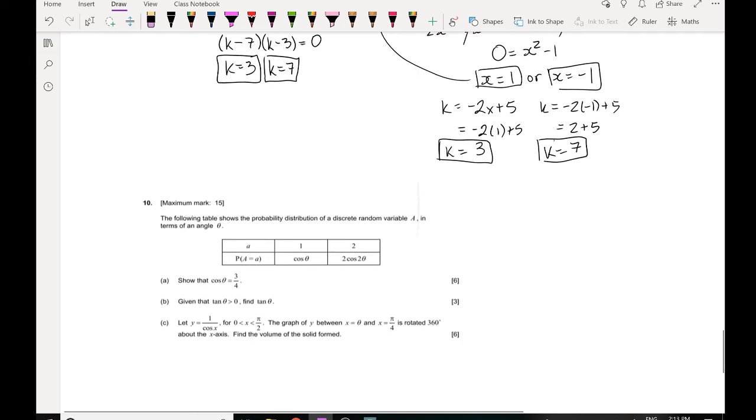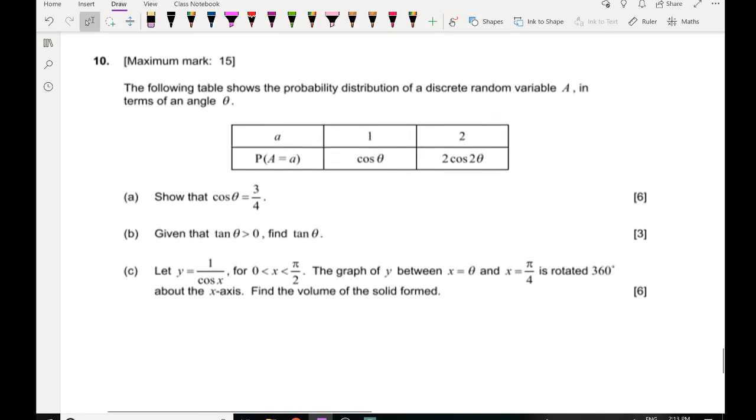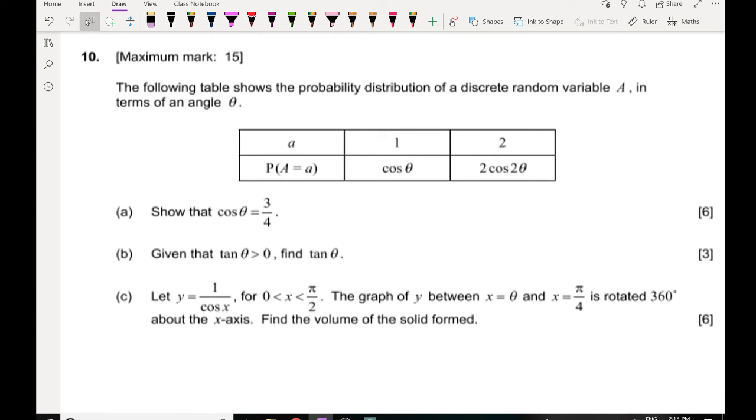All right, on to Cam's question. The question he said that gives his brother nightmares to this day. The question that had everything. Number 10 of May 2017, Time Zone 1, Paper 1. The following table shows the probability distribution of a discrete random variable A in terms of an angle theta. So it's a pretty simple distribution. The random variable can only take 2 numbers. A can be 1 and A can be 2. That's it. And then they ask you to show that